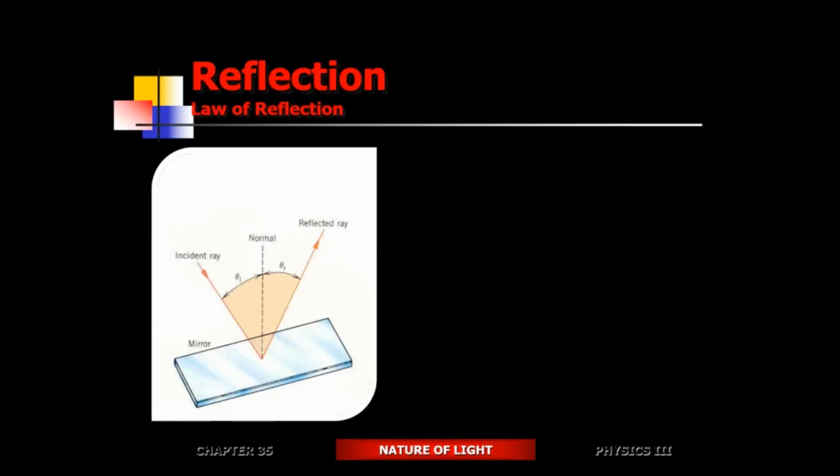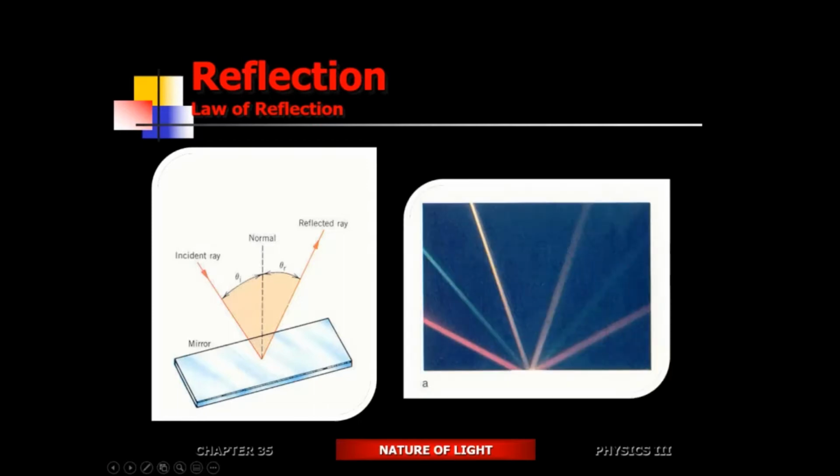All right, so the incident ray, reflected ray. The incident ray is the incoming ray, so it's going to be incident to this reflective surface. It gets reflected. The angle of incidence is measured with respect to the normal. Theta sub i is the angle of incidence, and this is the angle of reflection. According to the law of reflection, the angle of incidence is going to be the same as the angle of reflection. So the angle of incidence with respect to the normal is the same as the angle of reflection.